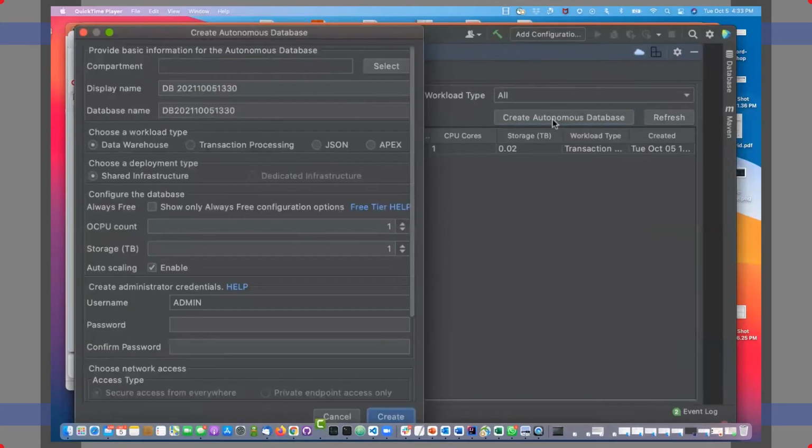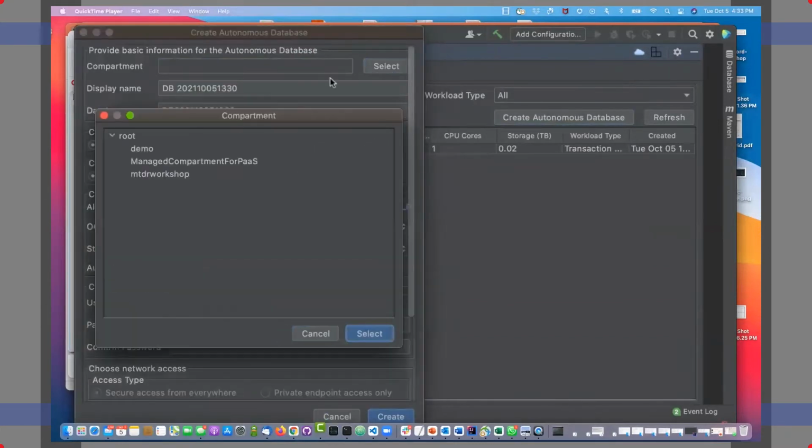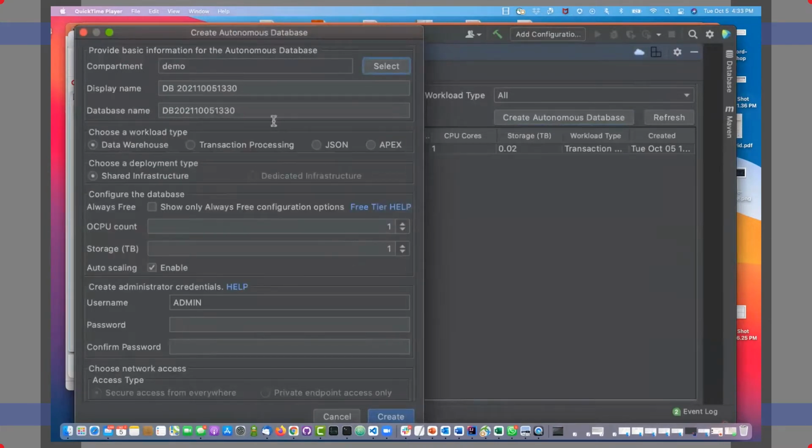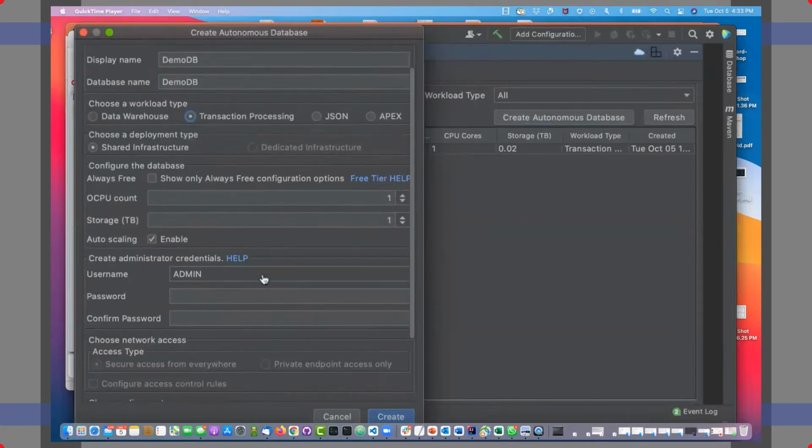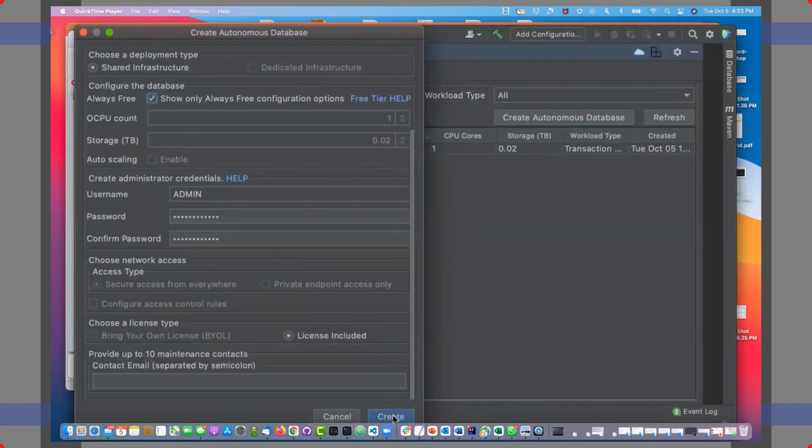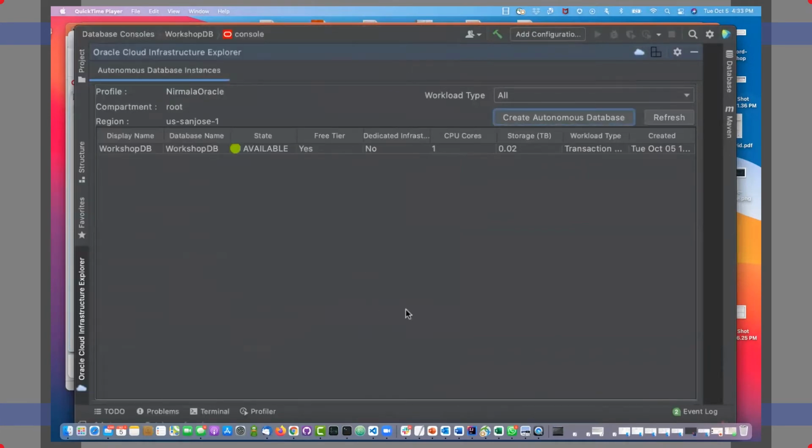In this free tier instance, we will create an Autonomous Database, selecting the compartment, providing a display name for the database, a database name, same as the display, the workload, transaction processing, provide the password for the admin, the licenses, and then click on create.